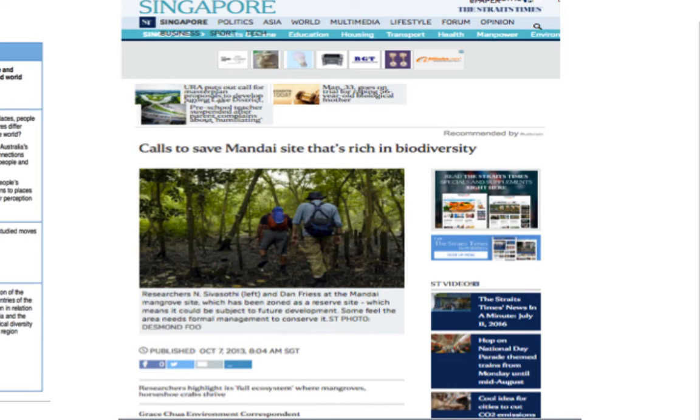When I was still based at the Nanyang Technological University of Singapore, I was actually an active member of the Nature Society of Singapore. And I used to bring my students to this particular site. That's my experience in action learning. So I was doing this for like 7 years while I was still there in Singapore. It's a very rich, very diverse mangrove site located in, as I said, the eastern part of Singapore. So I'm going to use this as a stimulus material.